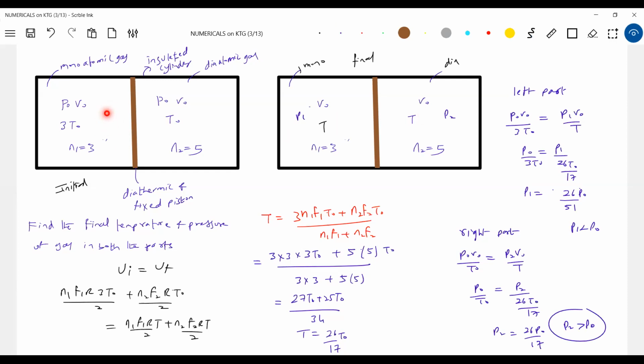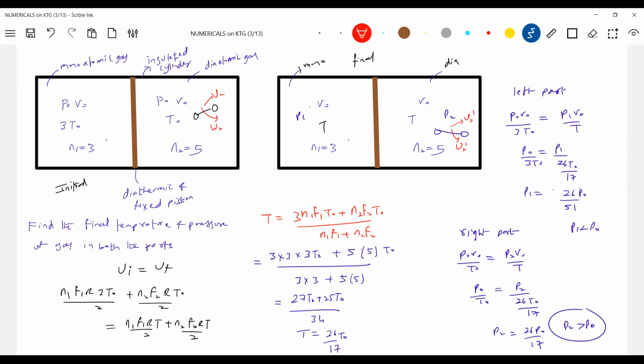What will happen to the RMS speed of molecules? Decreases, no? Look at the temperature, T is less than T naught here. Now the diatomic gas molecule will have, besides RMS speed, a root mean square angular velocity also. So what will happen to those quantities? Let me write omega 2 and V2. With what angular speed will it rotate now? It will rotate with a different angular speed, omega 2 dash.